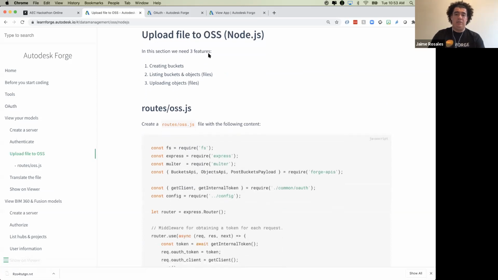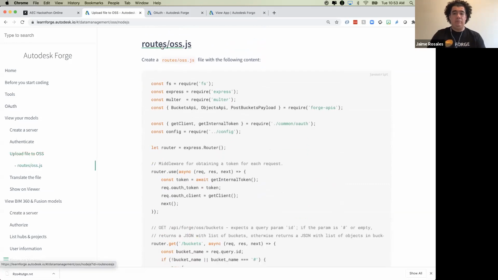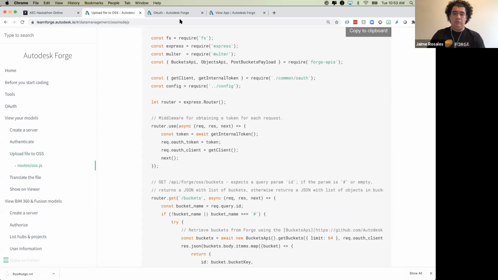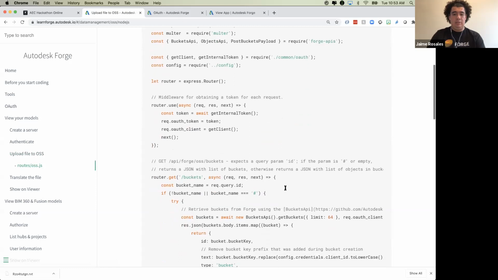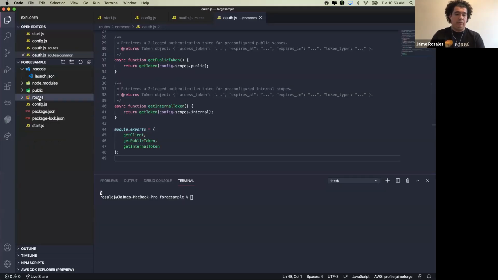Now in this section, we will need to create these three features: the creation of a bucket, listing buckets and objects, and uploading objects. Again, in our routes folder, we will create a new JavaScript file, which will be the oss.js file. This will include the use of Multer, which we need in order to do the file upload part. Okay, so we can copy the clipboard, head over here, select routes, add a new file, oss.js,